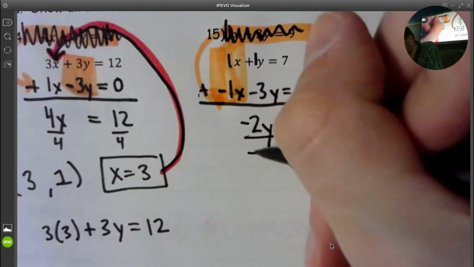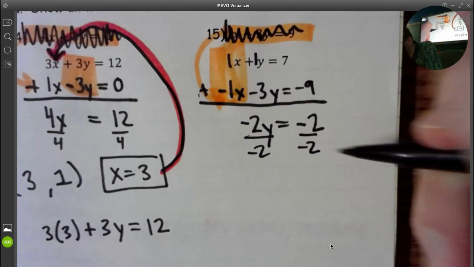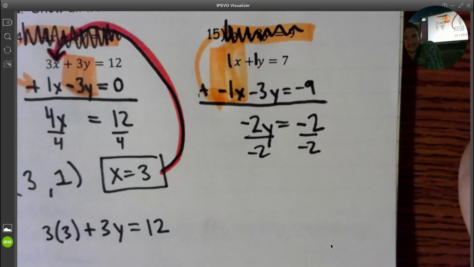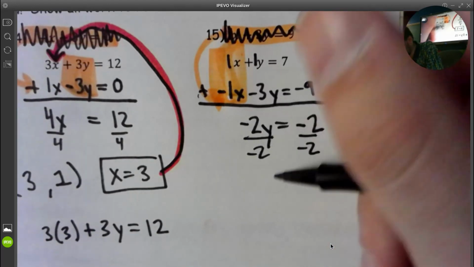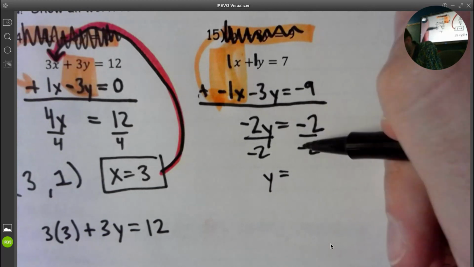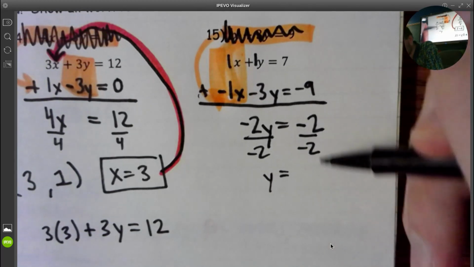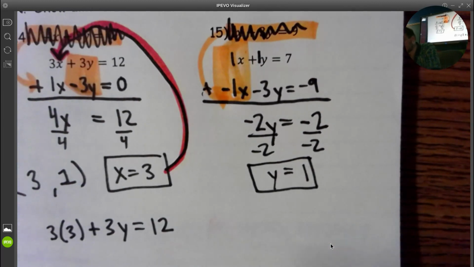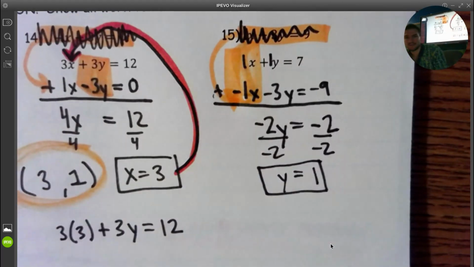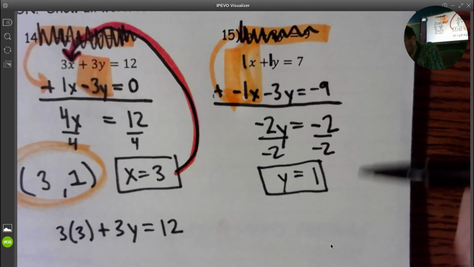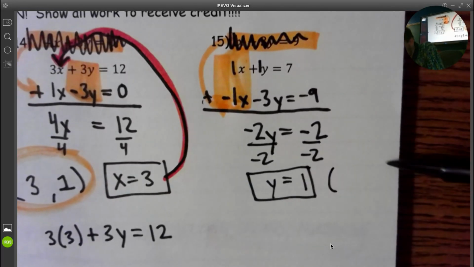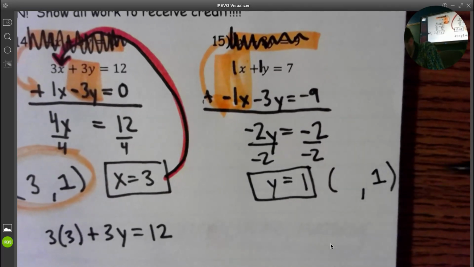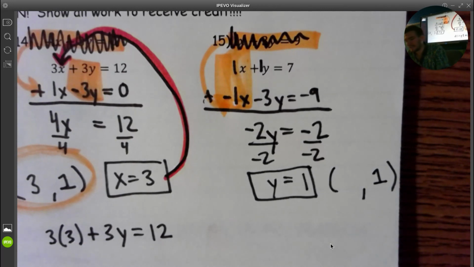Again, if you're not sure about those little adding and subtracting type stuff, you can use Desmos. Divide, negative, negative. 2 negatives makes a positive. 2 divided by 2 is 1. And so I'm getting y equals 1. I forgot to circle my answer on the last one. Y equals 1, but that's only half my answer. That 1 is in the y position, and I need to plug it in